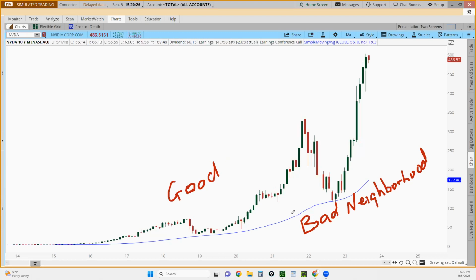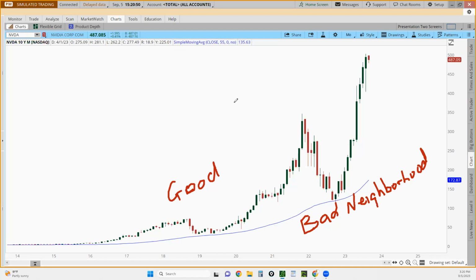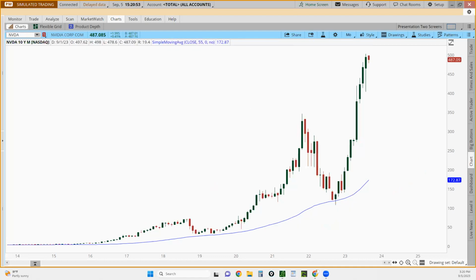So if we understand good neighborhood, bad neighborhood, we only focus on the ones that are in good neighborhoods. And then we use the 55. Now the 55 is a Fibonacci number, obviously, right? So we use that. Now let me show you this quadrant, the variance of the Fibonacci. So here is the quadrant right here. And what I do,